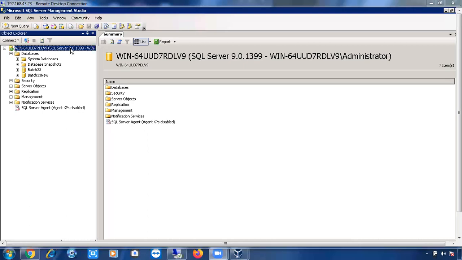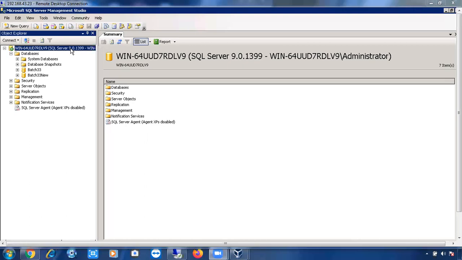What is the build number for 2008? It's 10.0. Okay. What is the build number for 2008 R2? Same 10.0? No, no, no. 2008 R2 build number is different. The folder is the same, 100. When you install SQL Server 2008 or 2008 R2, the 100 folder will be created. But the build number for 2008 is 10.0. Build number for 2008 R2 is 10.50. Right.